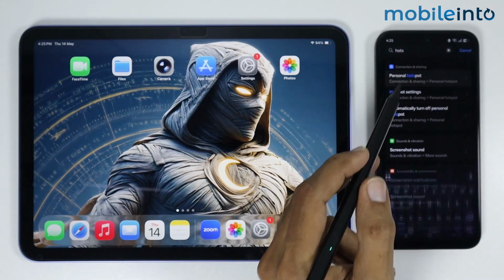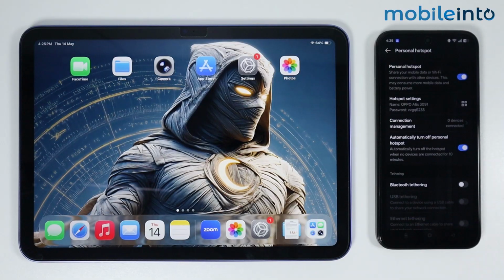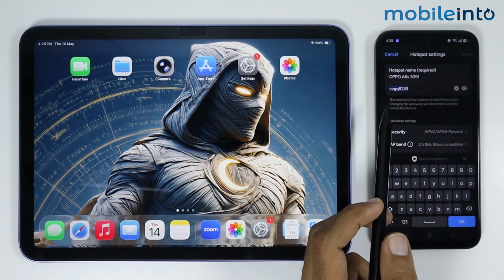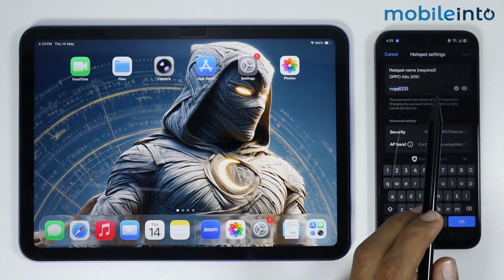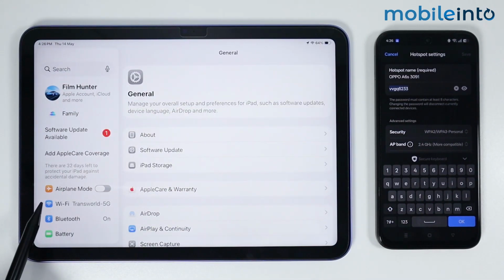Now just tap on Personal Hotspot and make sure you enable the toggle for personal hotspot on your Android phone. Now under hotspot settings, you will find the name and the password of your hotspot. Now after you enable personal hotspot, then on your iPad just go to settings and from here just tap on